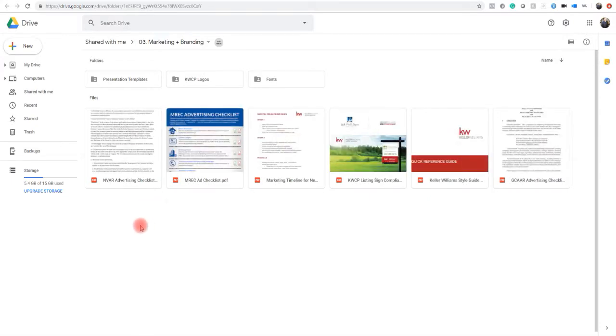So if you go over to, where are you? KWCP logos, and then you've got the fonts, and you've got presentation templates, but here's the logos. And then you've got also your advertising checklist. You might want to read that before you print or post anything online, just so you have the idea of what is required of you to provide on a postcard. So if you click, the logos are there,